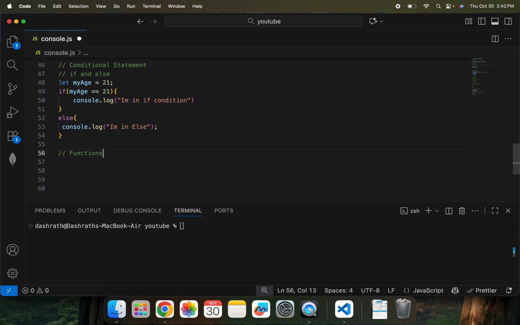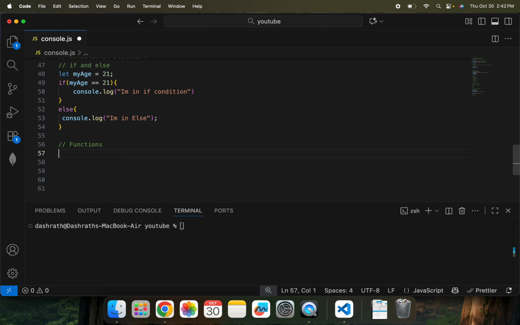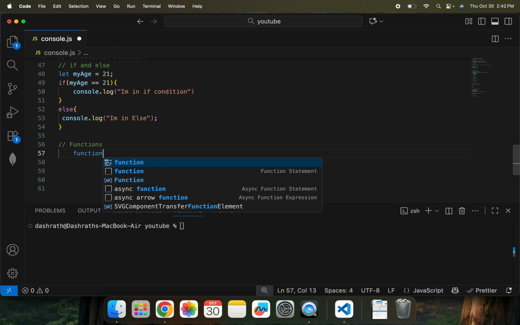Functions. Okay, so what is the function in JavaScript? Functions. So function means the reusable block of code. Any of thing that is reusable we can use multiple times, that we can write in the functions. Functions are a reusable block of code that perform a specific task. You can define a function using function keyword. Okay, so how can we write here, like function